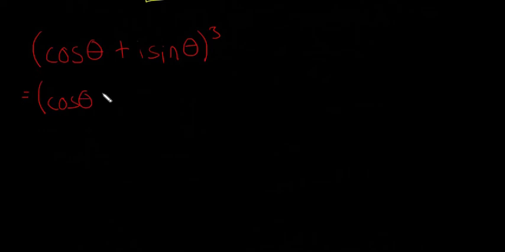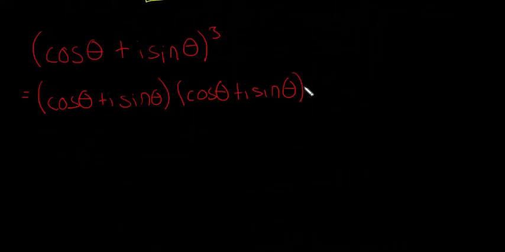Okay, (cos theta plus i sine theta) multiplied by (cos theta plus i sine theta), and then again (cos theta plus i sine theta). So I'm just going to look at these two first. I'm going to leave this one till another few lines. So we're going to get